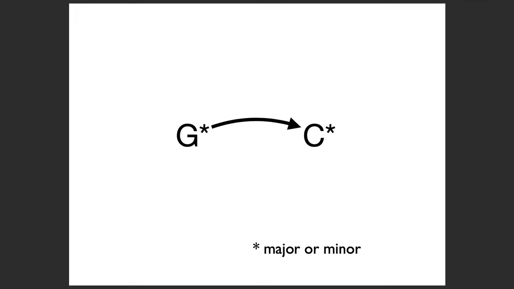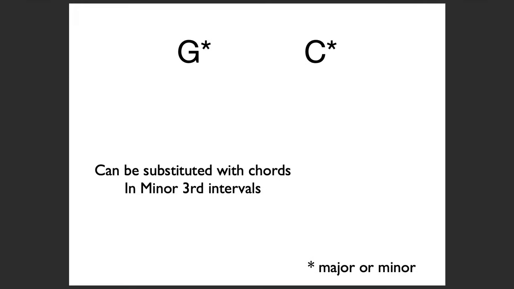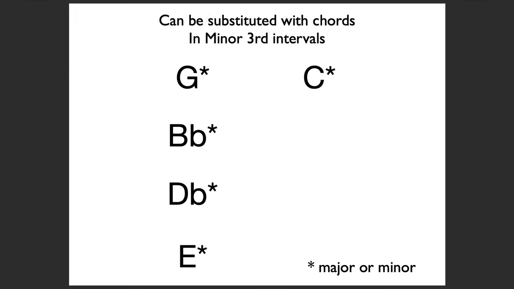We can give this an arrow. If you've done jazz harmony with me, you'll be familiar with this term, although we're using it in a kind of more expanded way. Now, any of these Gs can also be replaced by any chord within its group, which are at minor third intervals. So we could have G to C, major or minor, but also B flat major to major, or B flat minor to C major.